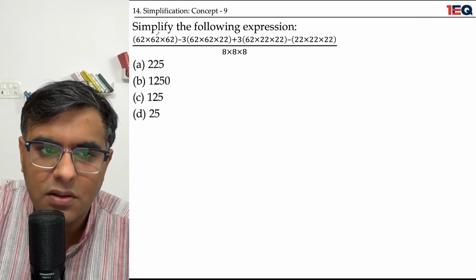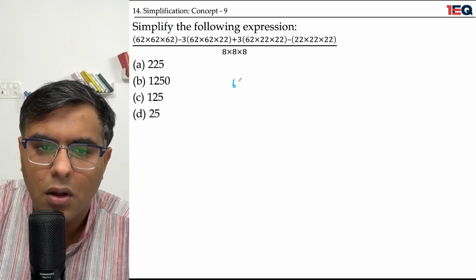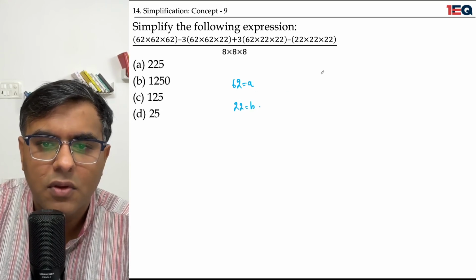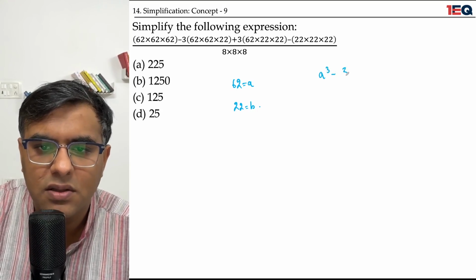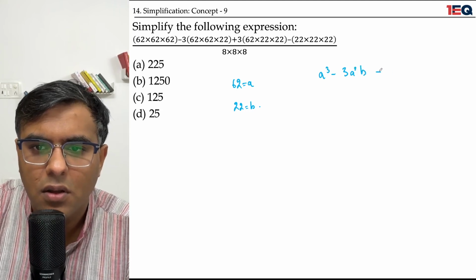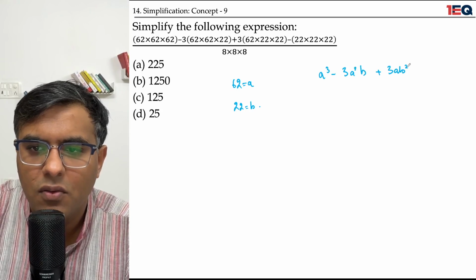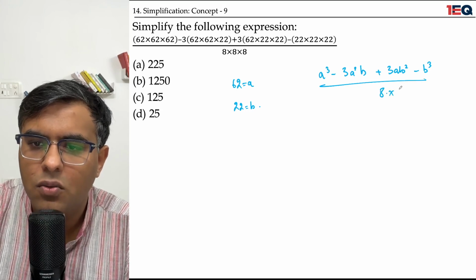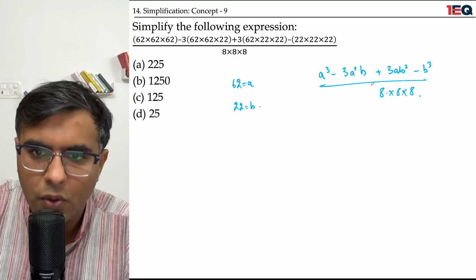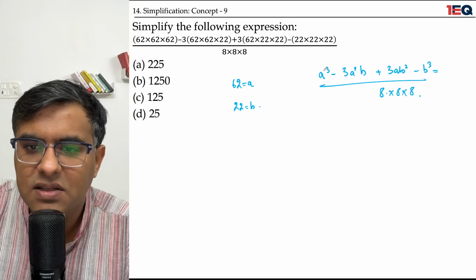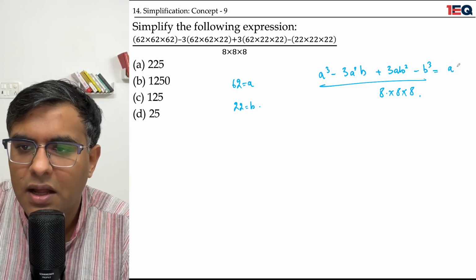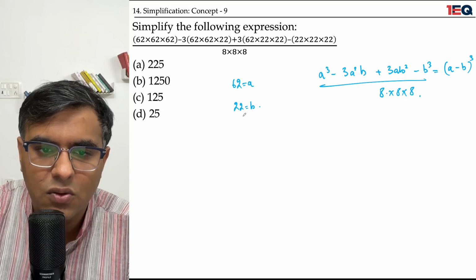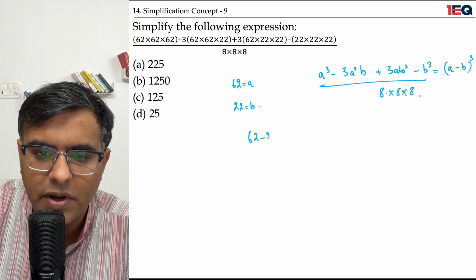Yep, coming back to the question, 62 is equal to a, 22 is equal to b. So I have the expression as a cube minus 3 a square b plus 3ab square minus b cube, whole upon 8 into 8 into 8. Okay, so if I try to compress this opened up identity down, I can write it as (a minus b) whole cube. Okay, so a is 62, b is 22, so (62 minus 22) whole cube